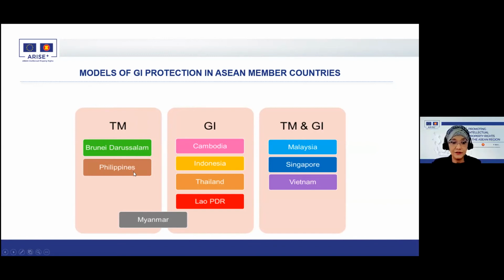Brunei, Jerusalem, and Philippines choose the protection of geographical indication under the general trademark system. As I already mentioned, geographical indication under the trademark system is a weak trademark because geographical indication is an explanation of a place, right? It is a descriptive trademark, and descriptive trademark has a low capacity to distinguish. It is a weak trademark. However,